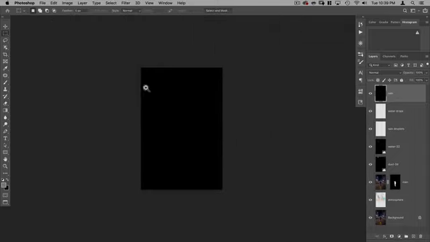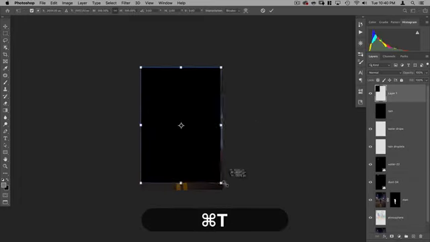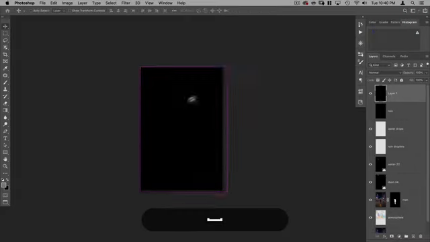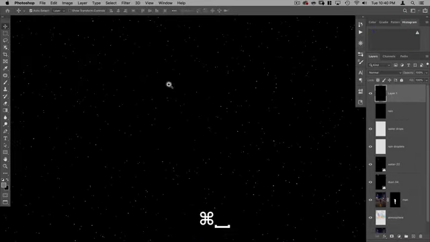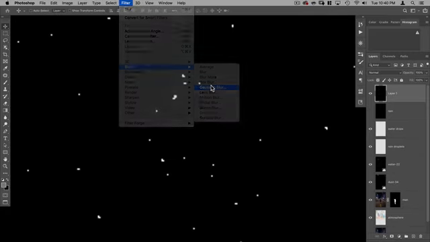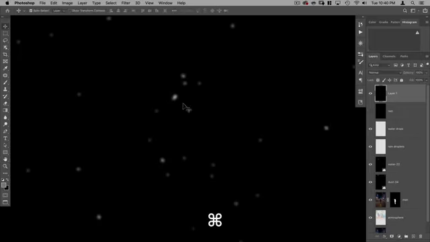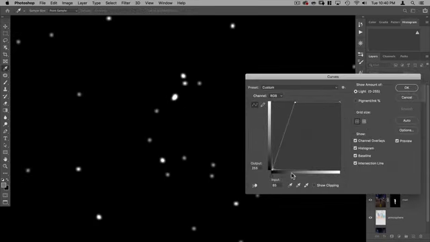Now, again, the problem is these are all basically single pixels. So what do we do? Well, the thing we're going to do is we're going to actually just cut off about a quarter of it, do Command J to make that its own layer, and then we'll just expand that. So now these dots are bigger, as you can see there. Now I want to make them even bigger. So how do we do that? Well, we can kind of trick the computer by turning some of the pixels around it gray by just blurring. So as you can see, it's turning the pixels around in gray, and then what we'll do is we'll curve those back to white. So there you go, I've added some blur, and then we're just going to curve those back to white, and that's going to make all those dots bigger.